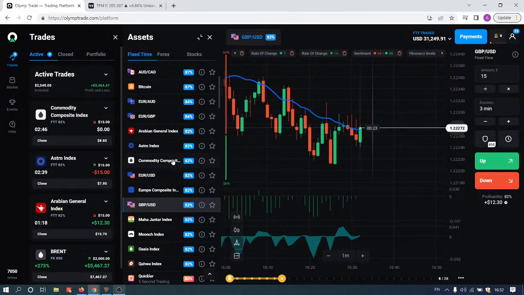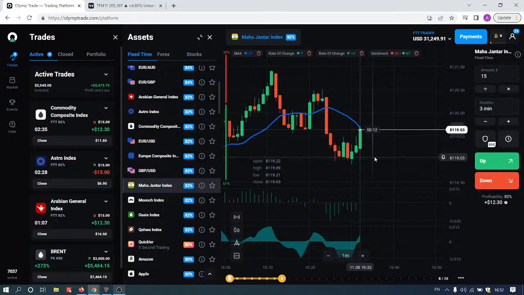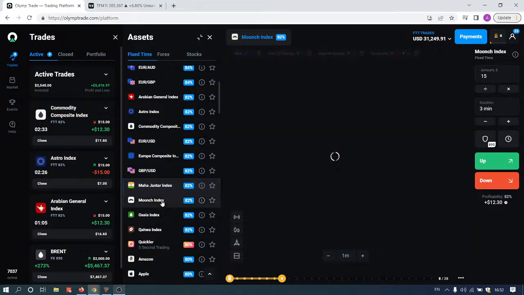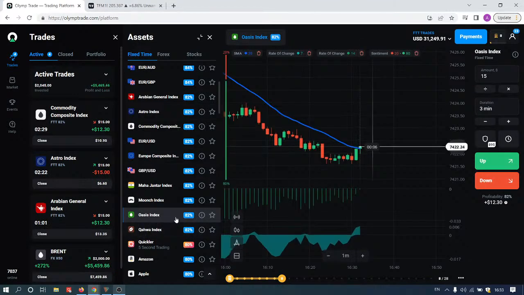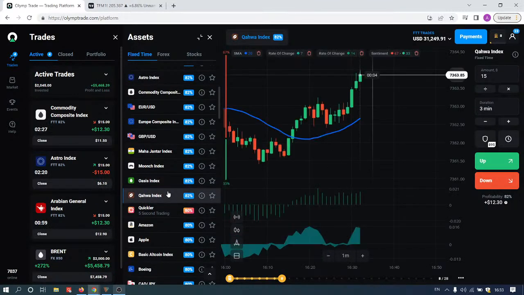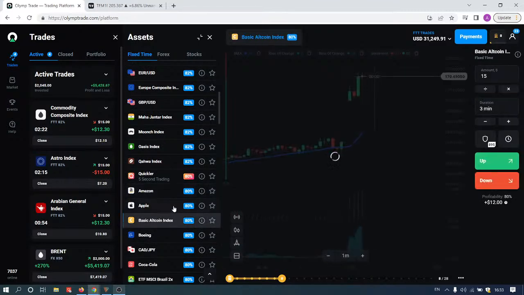If you trade Forex, you only need to have 30% winning trades in order to be profitable, to close almost every month with a profit. You don't really have to be, well, we all want